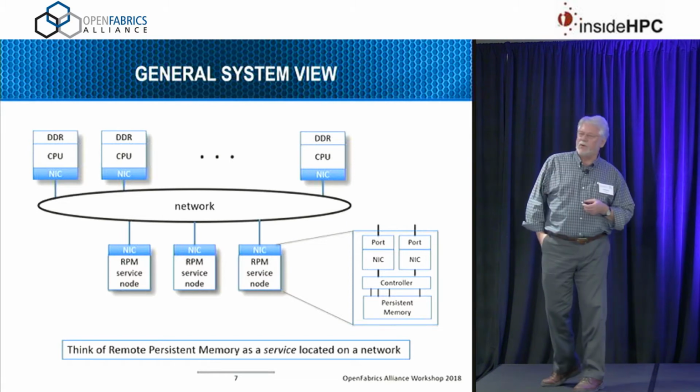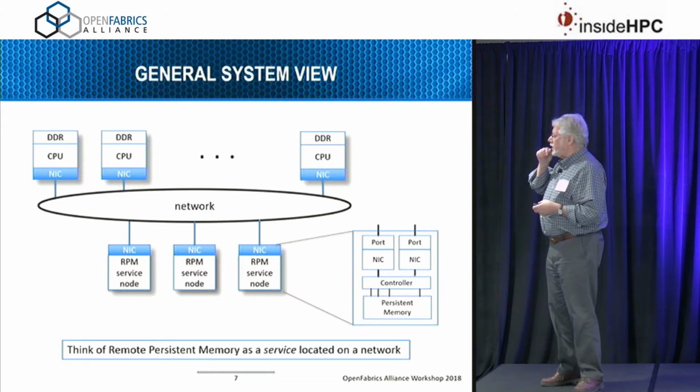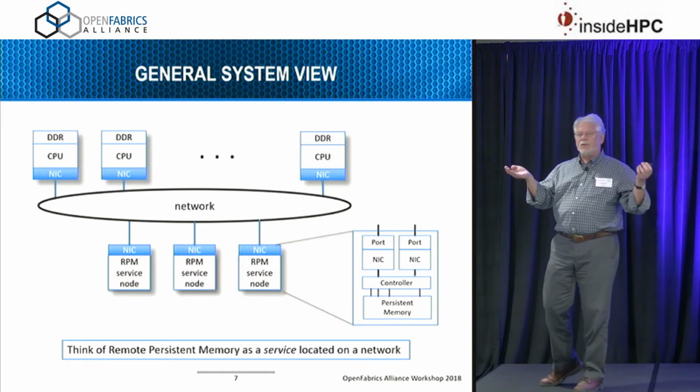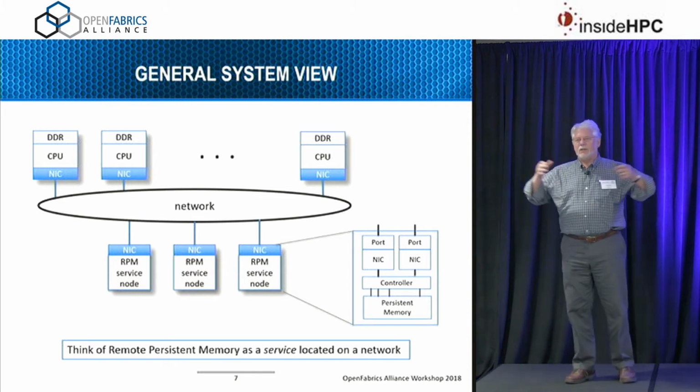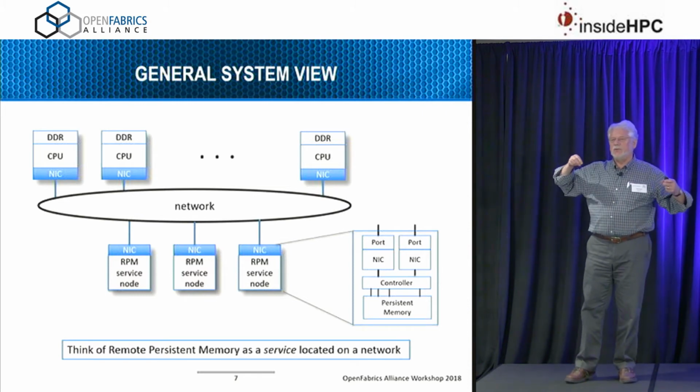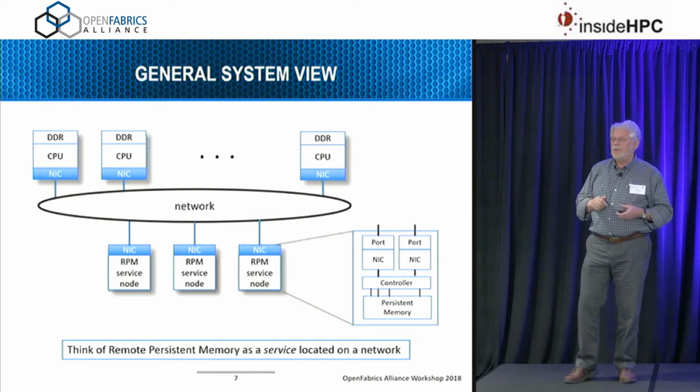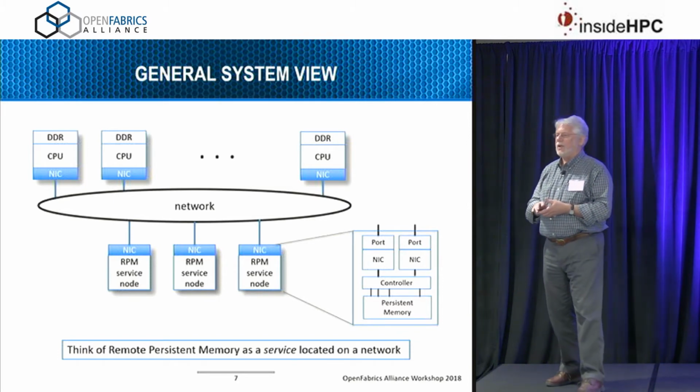There shouldn't be any big surprises here. But in the case that I'm thinking of here, it's a local network of some limited diameter. We're not talking WANs here necessarily. I suppose you could extend it to WANs, but for our purposes here, let's keep it to a local network,